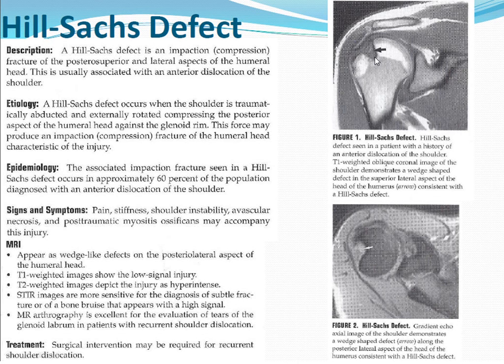Many times you won't realize that there is an impaction fracture until you do the MRI, and you see on the T2 weighted image, you're going to see this band of edema just in that area, and then you'll know, you can tell right away, this patient's had a shoulder dislocation. They have a Hill-Sachs injury. They don't repair this kind of fracture,